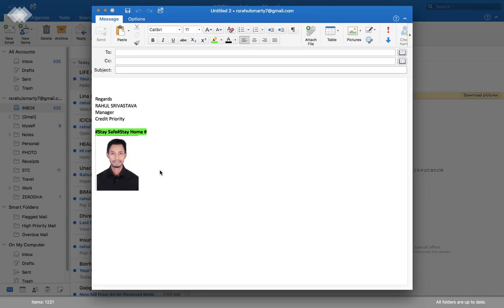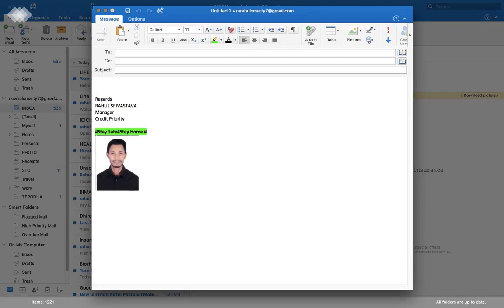And second, suppose you are working for two departments simultaneously. When you are working for department A, you would be sending an email through that particular department, that is A. But when you are working for department B, you would be sending an email for B department. So at the same time you will have to do the necessary changes. But in today's video I will show you how, with a single click, you can switch between the two footnotes that you will be creating of your own. So let's start our video.